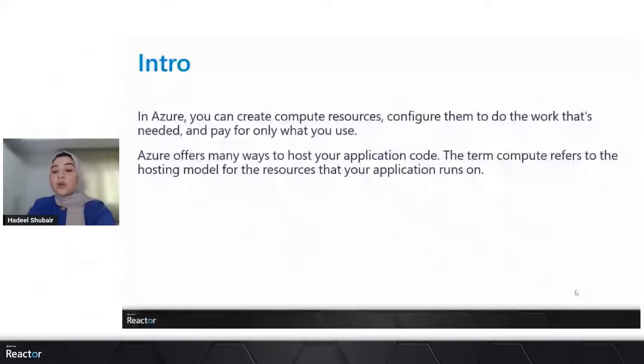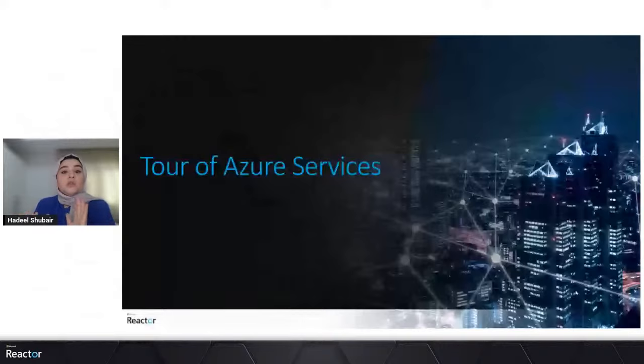So let's take a look at an overview of the Azure services that we have on the platform. As I mentioned, we have more than 600 services in different categories. So let's explore them very quickly. As you can see here on the screen in front of me, you have all the different services that are provided by Microsoft Azure.